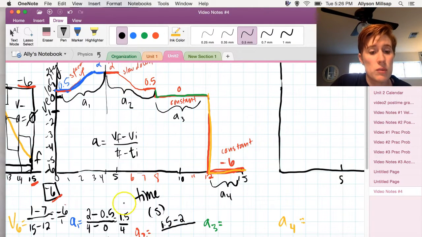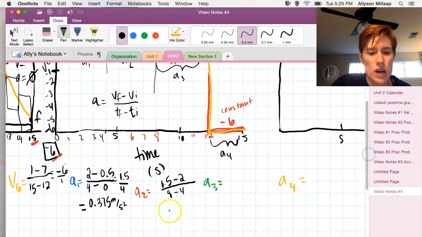Then we divide by our final time minus our initial time. Our final time here was 8 seconds. Our initial time was 4 seconds. Then I subtract, and I'm going to get negative 1.5 divided by 4, which gives me negative 0.375 meters per